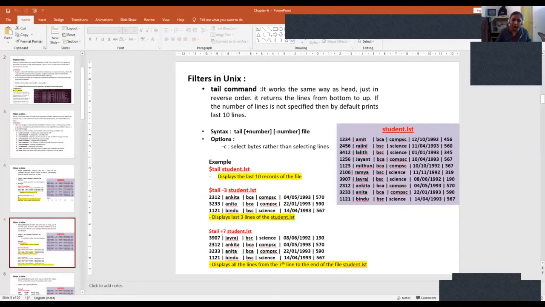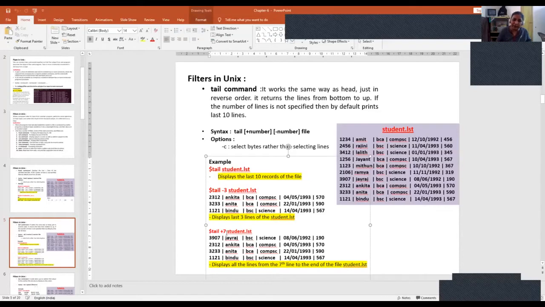Here, instead of hyphen, if I directly mention plus, then it has a special meaning. For example, when I say tail +7 student.lst, we are going to display the details from the 7th record. So 1, 2, 3, 4, 5, 6, 7. The 7th record starts with 3907.